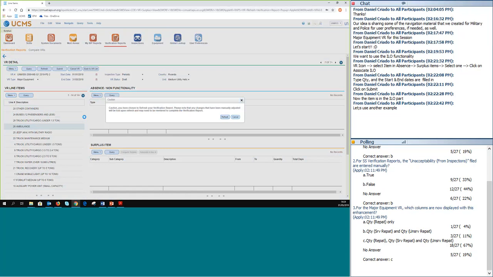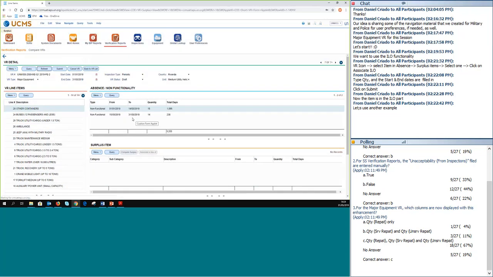Sometimes the system takes a bit of time. Hopefully this will work. Yeah, sometimes it takes a bit of time, but that is somehow normal. And that's why I prepared the other VR just in case this one was not working. Here you go. Fantastic. You see, all the data, everything has been